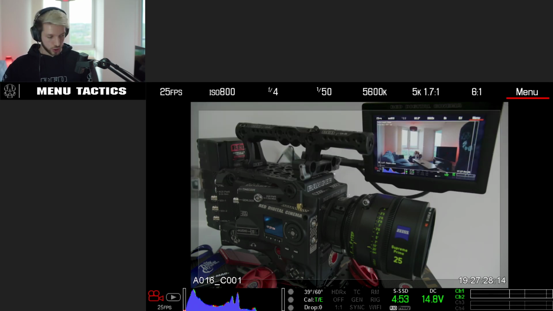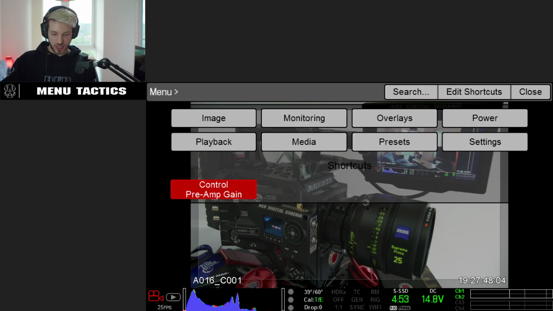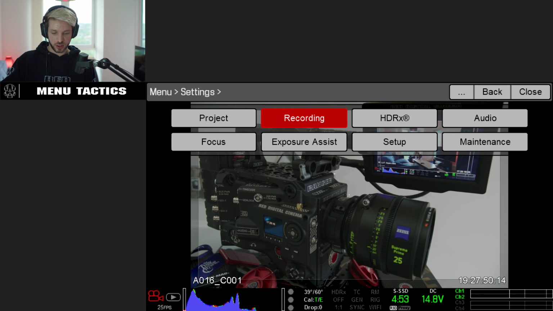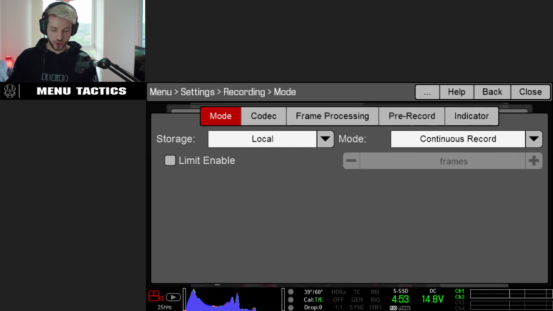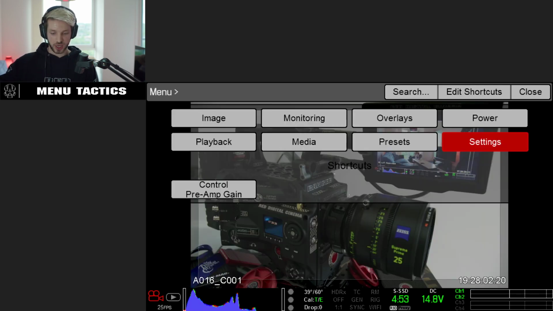And I think we'll move on to, I think this is my final little tip here. Yes. So this is another one from our support team that I got suggested, is people ask a lot about recording audio in variable speed. So the answer is yes, you can do that, but it's in a contextual menu. So I'll kind of run through that and show you that here. So if we go into settings, recording, and mode, this is where that option will come up. But as we're not in the variable speed mode, it's a contextual menu, we're not going to see it. So if we back out and we now go into variable speed,